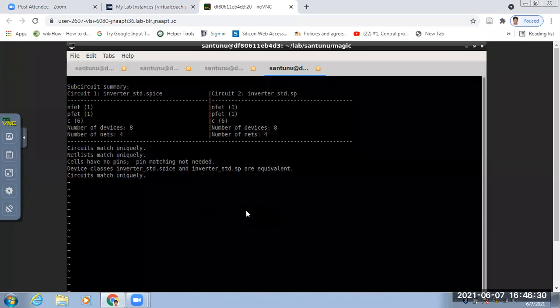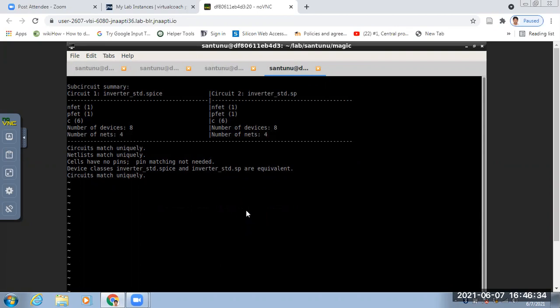Yes, sir. So this is extracted. Actually, if you do LVS, that extraction part you can delete, okay, and you can compare with whatever spice netlist you created initially for the schematic.